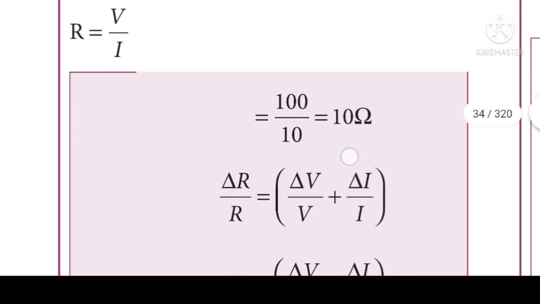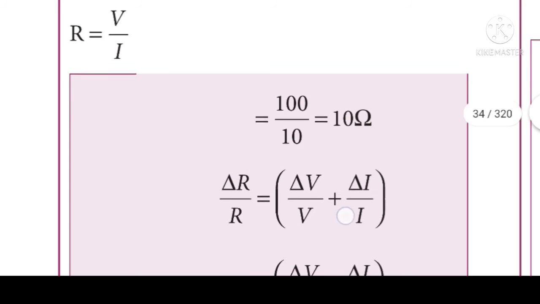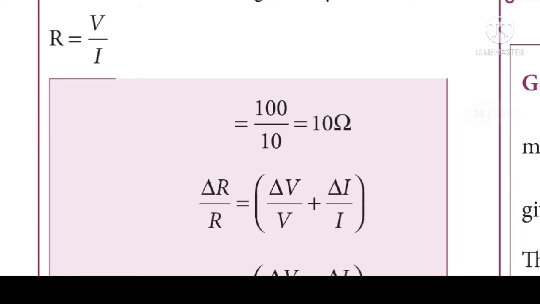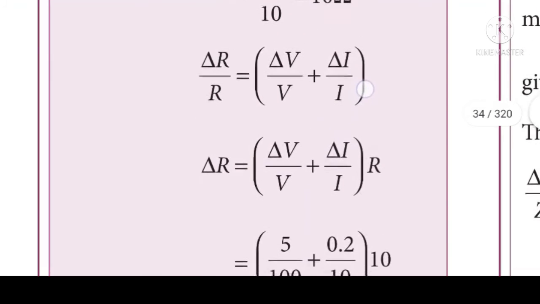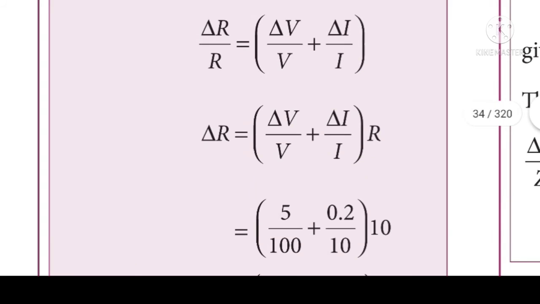Then we have to find del R by R, which is equal to del V by V plus del I by I. We have all these values: del V, del I, V and I. We have to apply all these values in this expression, and after simplification we will get the expression as